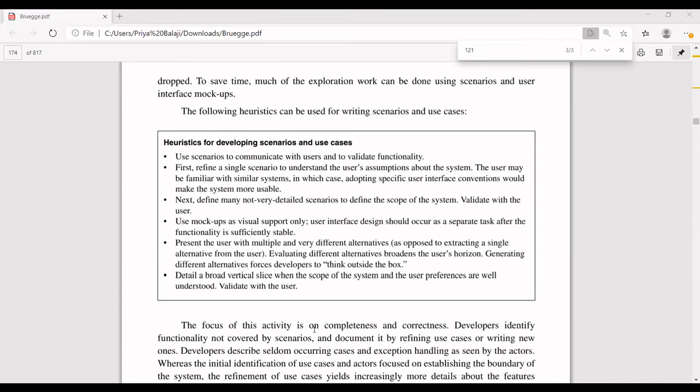If the person is very good in communication, but maybe doesn't have proper spelling, then if that person is trying to type the messages, what may happen? You need to have an inbuilt spell checker, so that the spell checker corrects whatever spelling mistakes are made from the actor side. Like that, these are the scenarios you have to consider before developing a project. These scenarios can be clubbed into a single use case. Right? So these are the heuristics for developing scenarios and use cases.